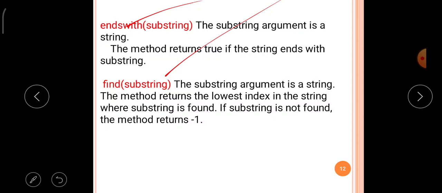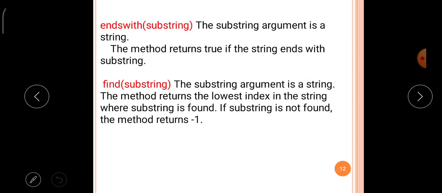Then find substring. The substring argument is a string. The method returns the lowest index in the string where the substring is found. If the substring is not found, then the method returns -1.